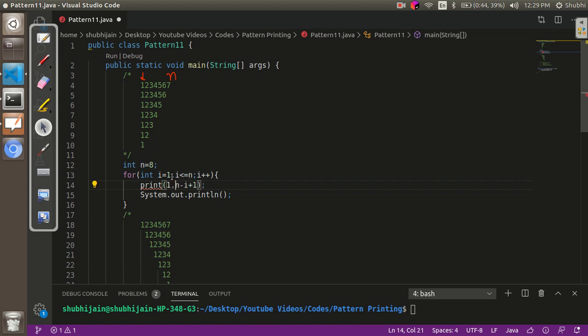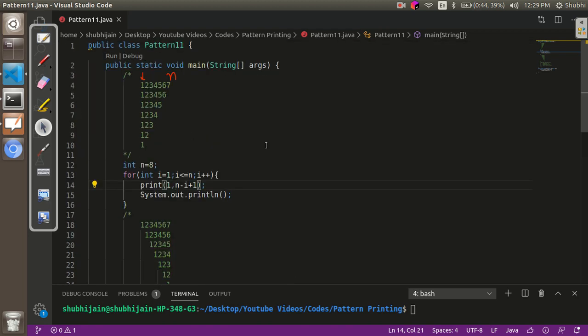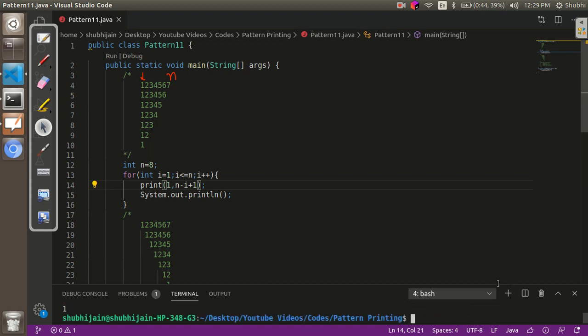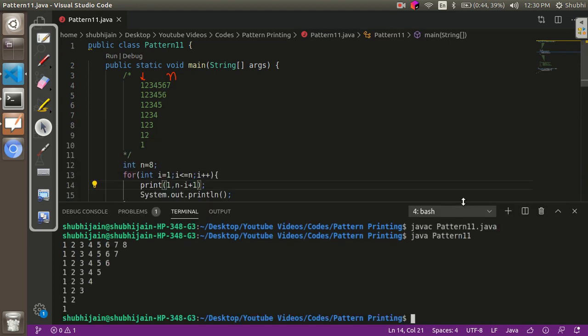So we are just going to pass 1 with it because the starting number for each row is 1. So now let's see if this code works. See, our pattern has been printed. So now let's go to the next pattern.